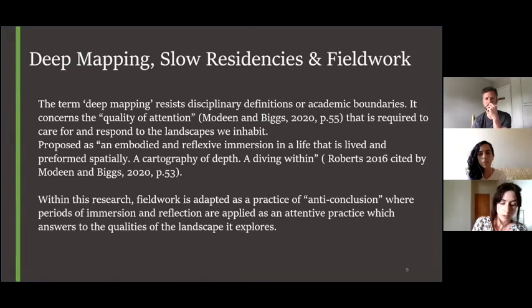This approach refers to our relationship with time and the deliberate slowing down of the pace at which we interact with life. The term deep mapping resists disciplinary definitions or academic boundaries. It concerns the quality of attention that is required to care for and respond to the landscapes we inhabit. Proposed as an embodied and reflexive immersion in a life that is lived and performed spatially. Roberts describes deep mapping as a cartography of depth, a diving within. And within this research, fieldwork is adapted as a practice of anti-conclusion, where periods of immersion and reflection are applied as an attentive practice which answers to the qualities of the landscape it explores,